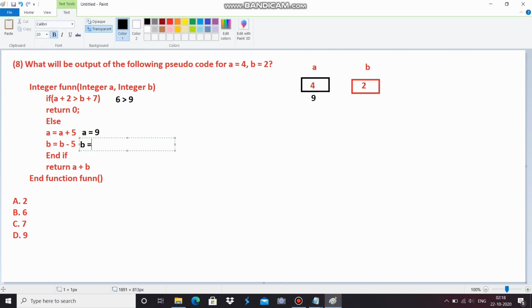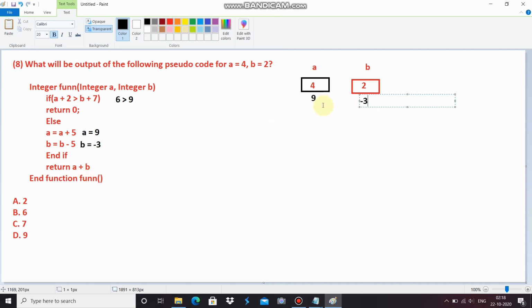Currently the value of b is 2, and now we have to subtract 5. It means it returns minus 3. Then the value of b will become minus 3, and at the end the if condition will terminate and return a plus b.